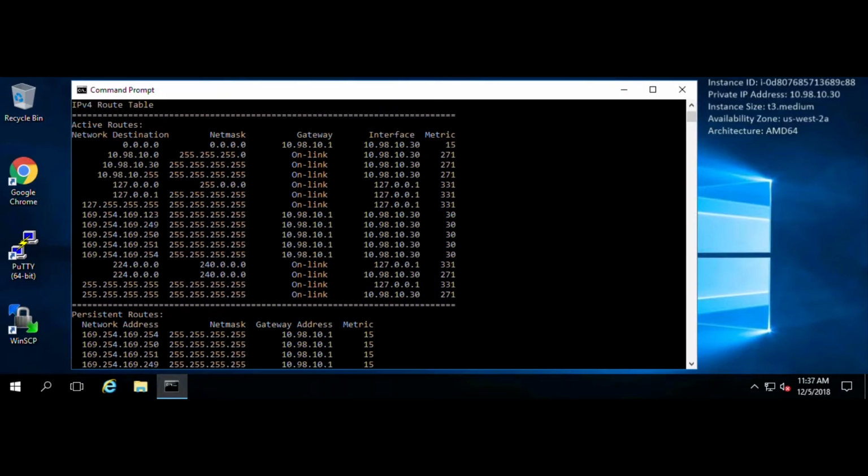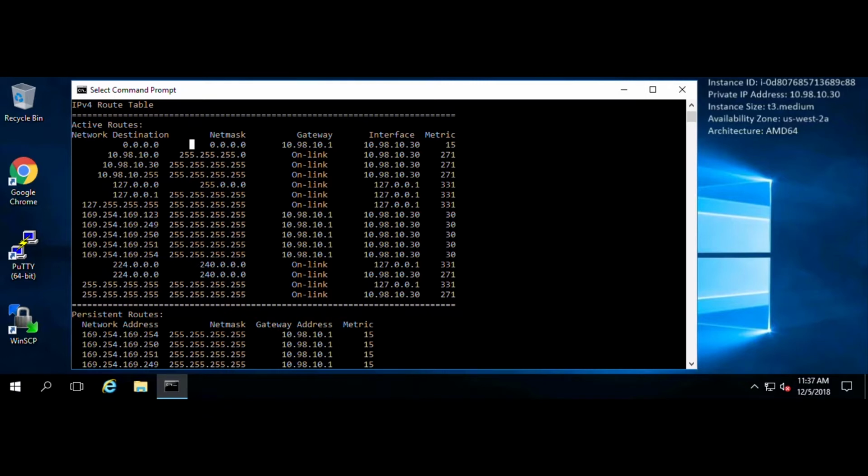The -r option will list a network destination, the net mask or subnet mask, the gateway to that network, and the metric. In our example, our first line of the IPv4 route table shows 0.0.0.0 as a network destination and 0.0.0.0 as the net mask. This immediately tells us this is a default route. Default routes define where the computer should forward a packet when there are no specific routes for the destination IP